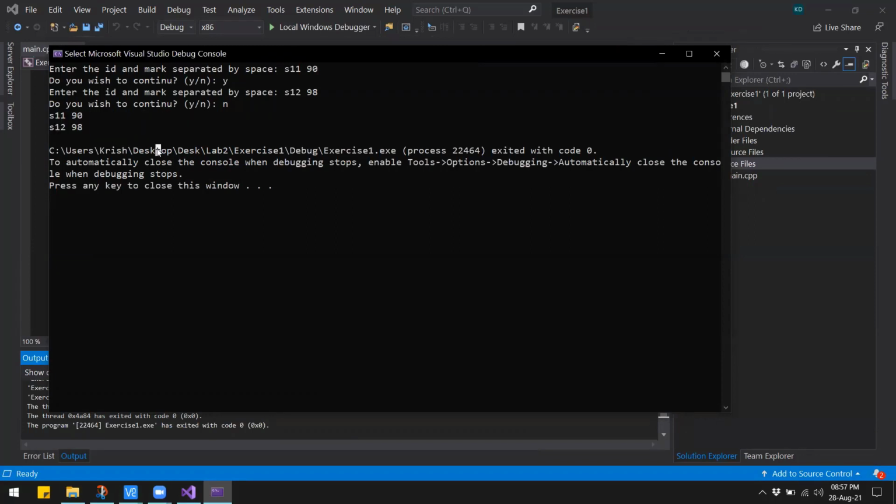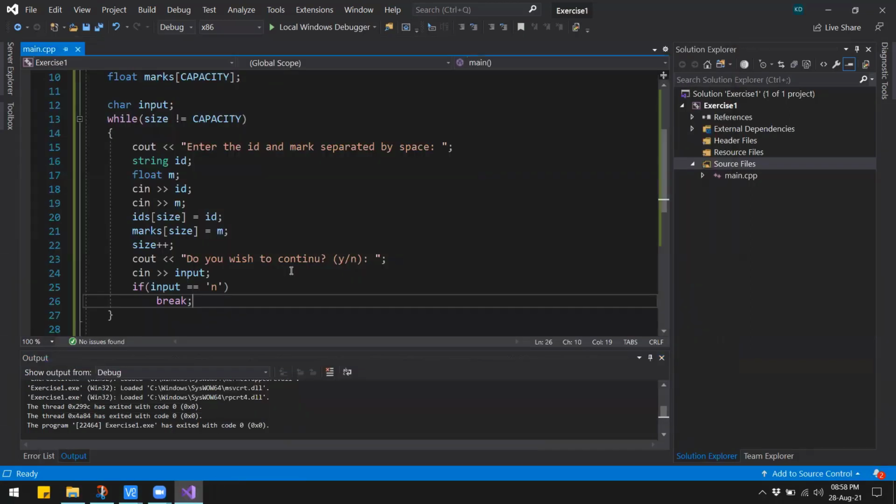So again, I see another problem with this, and that is if, let's say, we are to enter 100 marks in the array, then after entering each of these marks, we are asked to enter either y or n. So at some point this is going to become annoying because we want to continue entering the marks and not be distracted by this message. So can you think of a better way to write the same thing? Try to pause the video and think of a better solution.